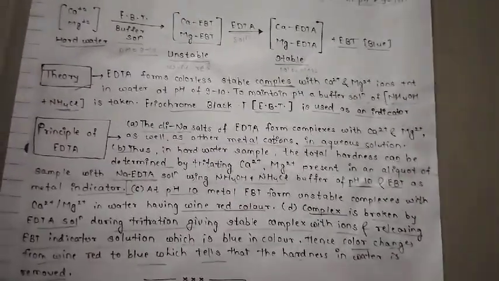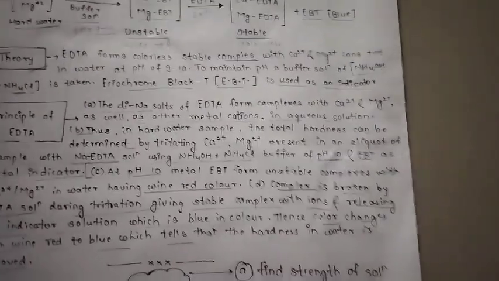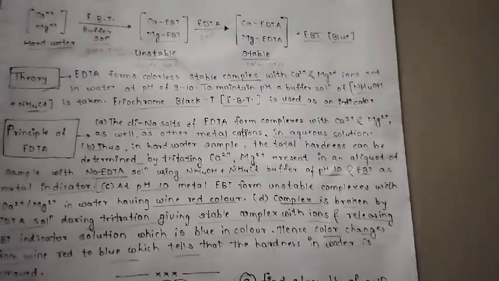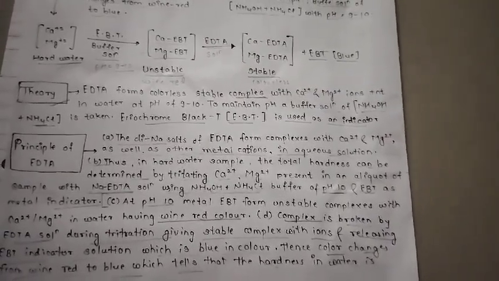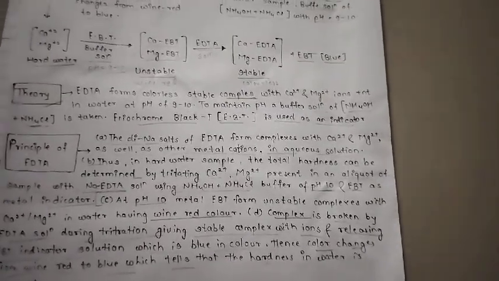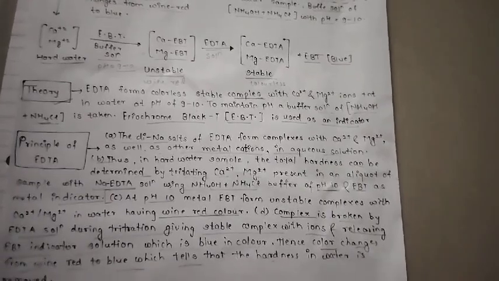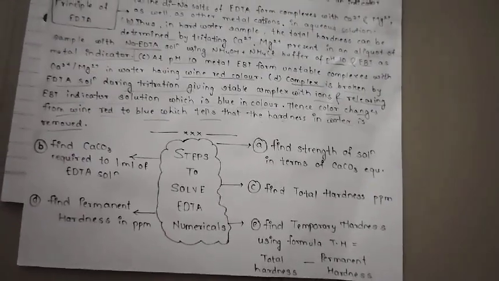Basically guys, you can't say that the total hardness is removed, but yes, you can say almost 90% hardness is removed by EDTA method. This is the method by which we can find the total hardness of the water, the permanent hardness and the temporary hardness. Guys, it's a chemical procedure. So now we have discussed the theory, but the most important is the numerical, that is EDTA numerical,